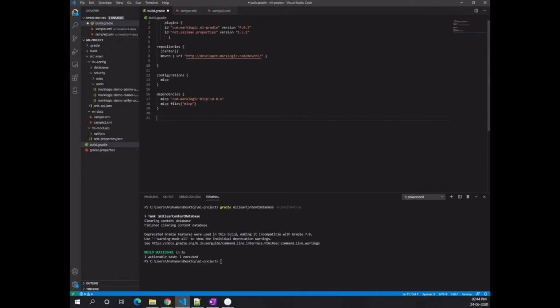After these three things, I'll create a load task. I'll define a task and give it the name loadDoc, and basically this will be of type MLCP task, so I'll add the type com.marklogic.gradle.task.MlcpTask and give it curly braces.